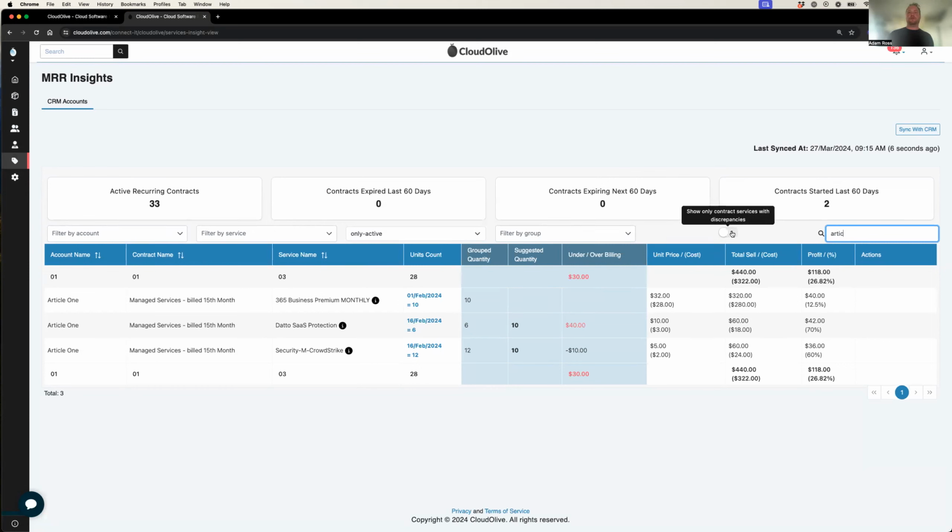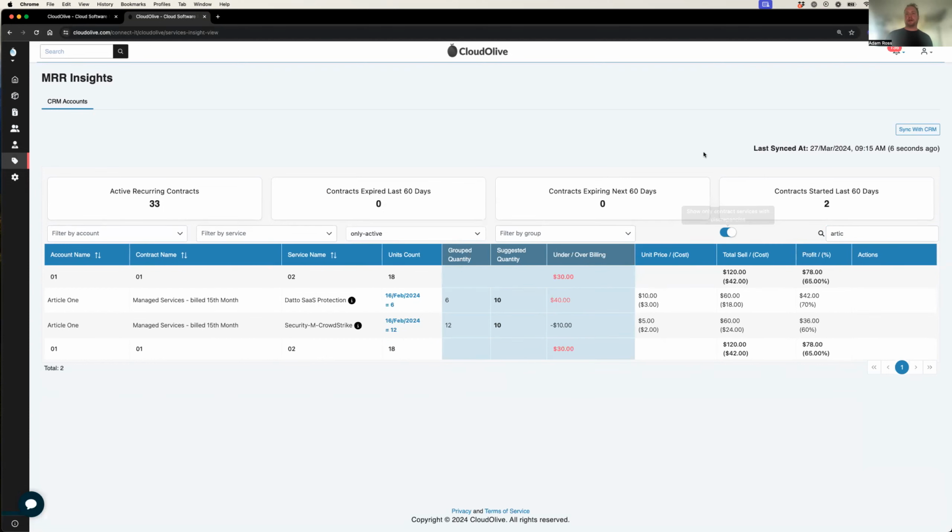And again, in terms of the lines with discrepancies, which everyone will be familiar with from the other modules, we can click that. What it's now telling us is, hey, if you follow the prompts that CloudOlive is suggesting to reduce this count by 2 and increase that one by 4, you're going to make an extra $30 net over the base of balancing these out. So in terms of some of the things you can consider thinking about for yourselves and how we've seen it get used really, really effectively,